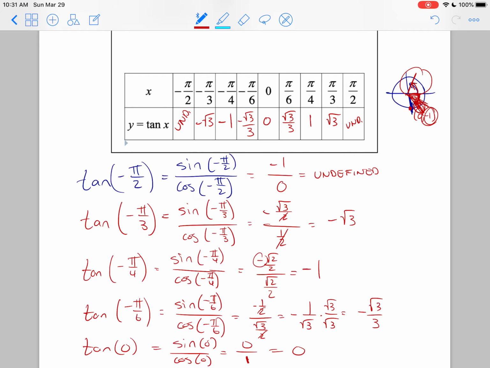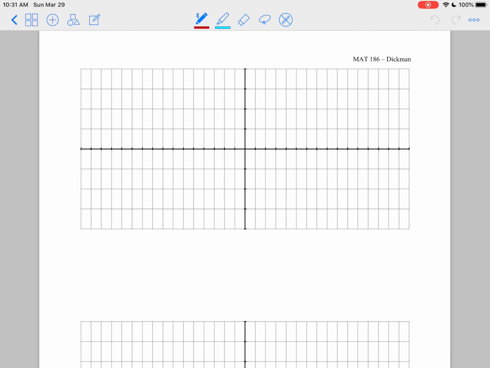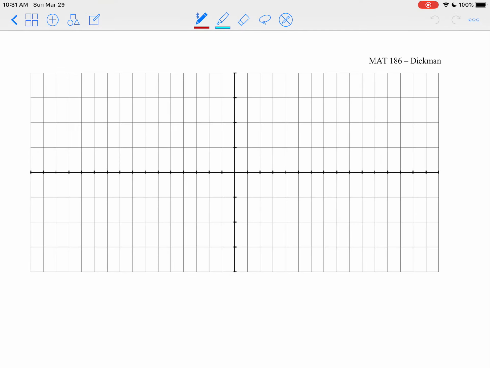So if we go and look at the graph of this, if we graph all these points, which I happen to have a graph right here, I had pi over 6 as my smallest value, so I'm actually going to count up by pi over 6's. So we have pi over 6, and then 2 pi over 6 is pi over 3, and then 3 pi over 6 is pi over 2, and then 4 pi over 6 is 2 pi over 3,